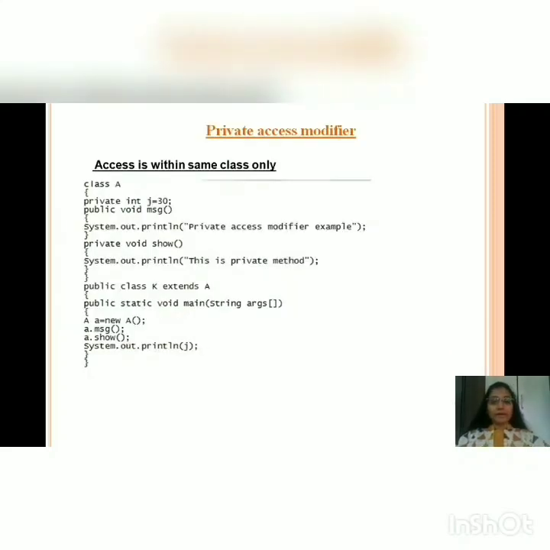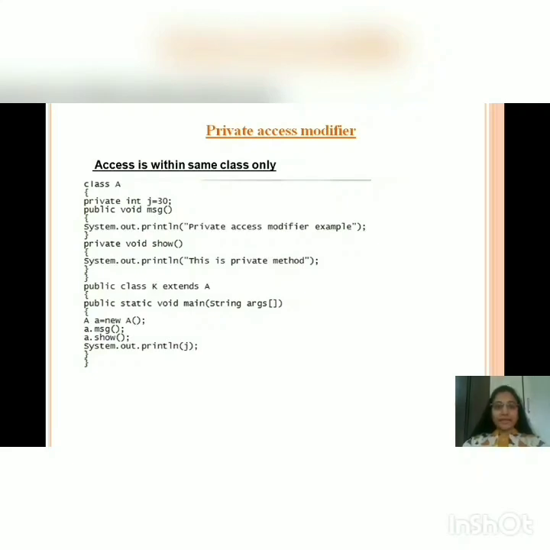This is an example of the private access modifier. Here I have declared one class, that is class A, and I have declared one variable and two methods. Variable j is private, method message is public and method show is private.